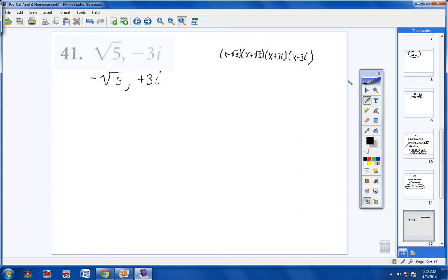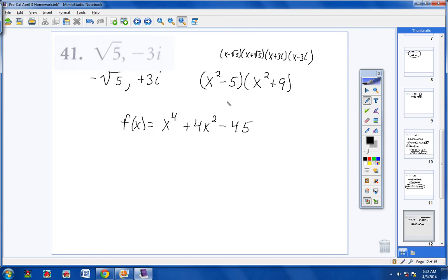And here we go. Now if we multiply our first two parentheses together and simplify, you will get x squared minus 5. And if you multiply your last two parentheses together, you will get x squared plus 9. Now let's multiply these two parentheses together. Take your x squared and multiply it through. x to the fourth, a negative 45 over here, and I believe a positive 4x squared here. I will check that in just a second, but that should be what you get when you multiply